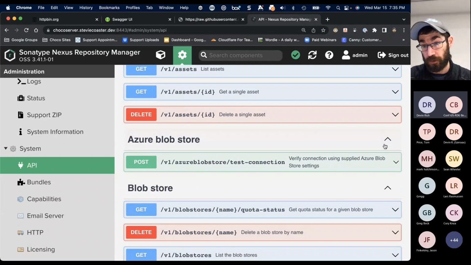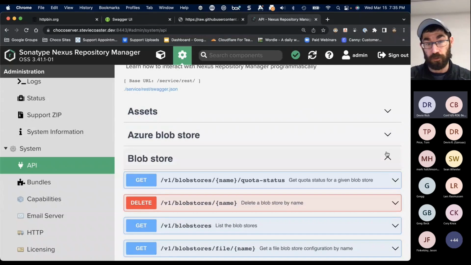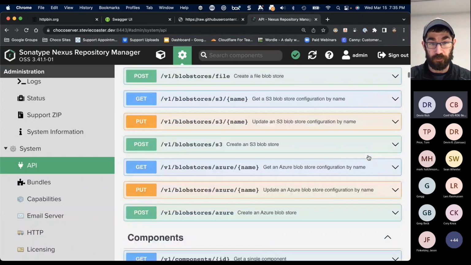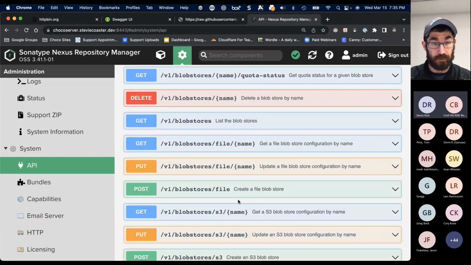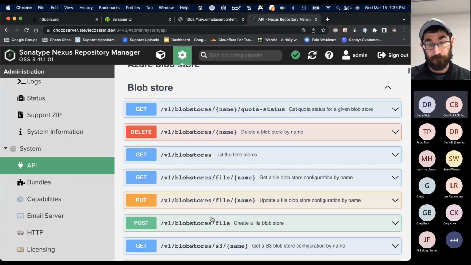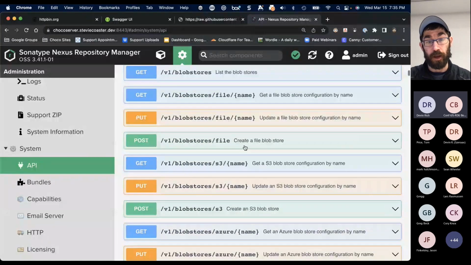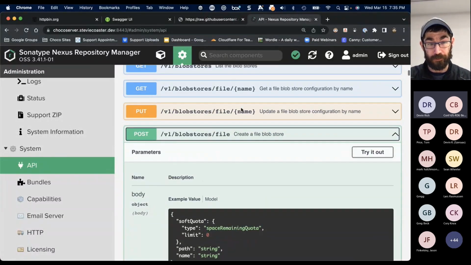So this is the Swagger endpoint for Sonatype Nexus. It's got all these different API endpoints with all these different methods available and all these different routes inside of the endpoints. So for example, if I wanted to create a new file blob store, I would use the v1 blob stores file endpoint. And if we drill into that,